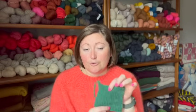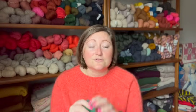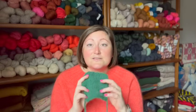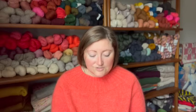Now I will have to be a little careful with row gauge because I was actually on row gauge. I'm just way off on stitch gauge. So there's part of me that wants to do this one next because I think this would go so fast and it would be so snuggly and comfortable. But there's another one I swatched with before that I'm itching to cast on, and that